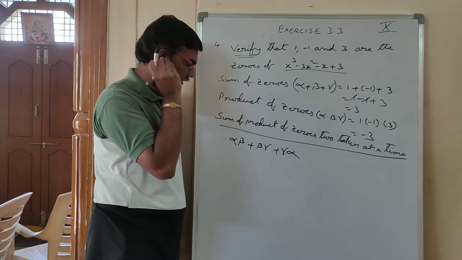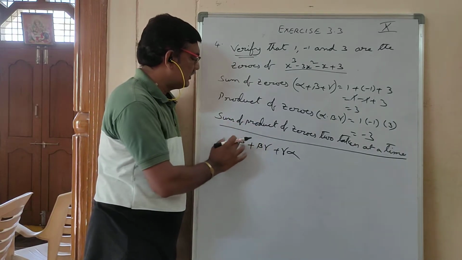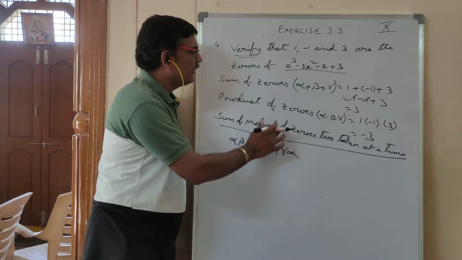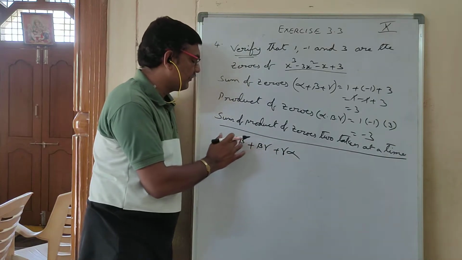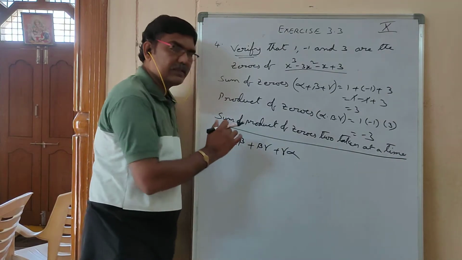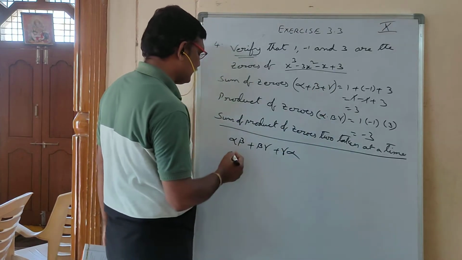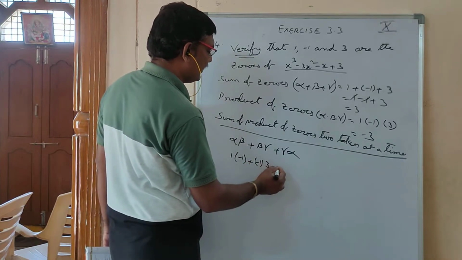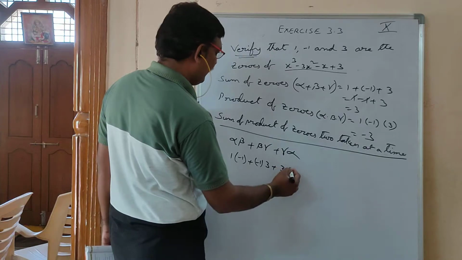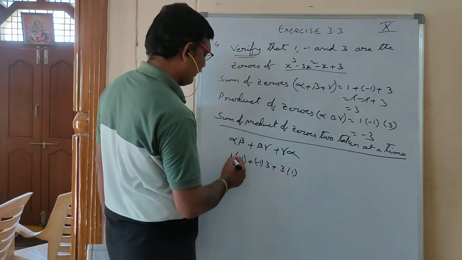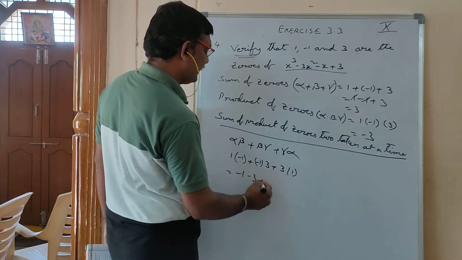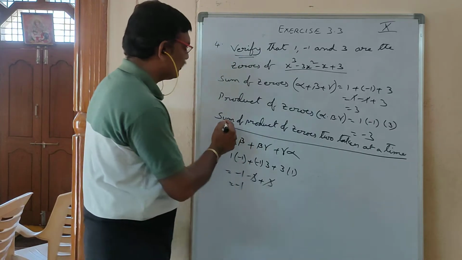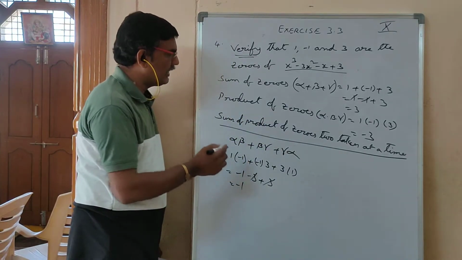So what is it here? You have to express this symbolically: product of zeros 2 taken at a time, their sum. Alpha beta, beta gamma, gamma alpha, their sum. Now substitute alpha, beta, gamma values in this one. Alpha is 1, beta is minus 1. Beta is minus 1, gamma is 3. Gamma is 3, alpha is 1. Now 1 into minus 1 is minus 1, minus 3, plus 3. Plus 3 minus 3 will be cancelled and you got here minus 1. So sum of product of zeros 2 taken at a time, you got as minus 1.